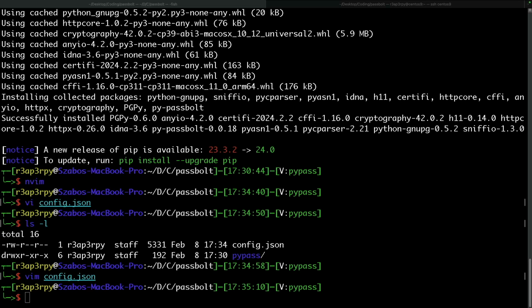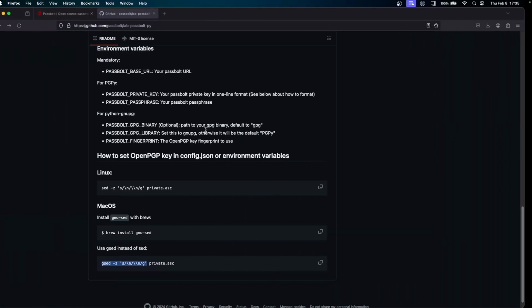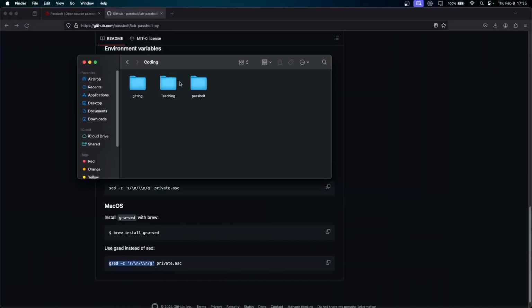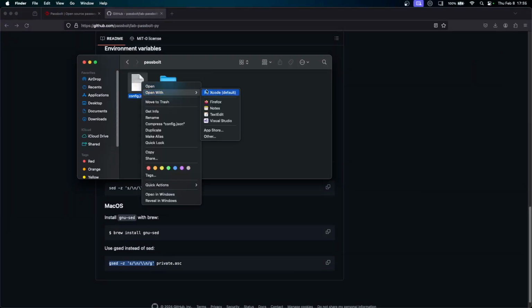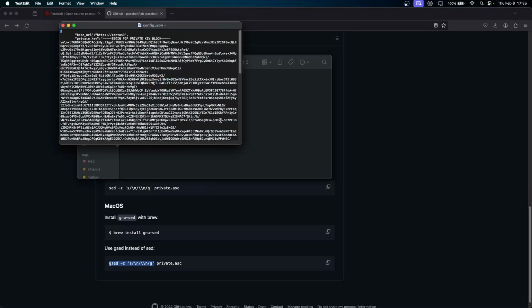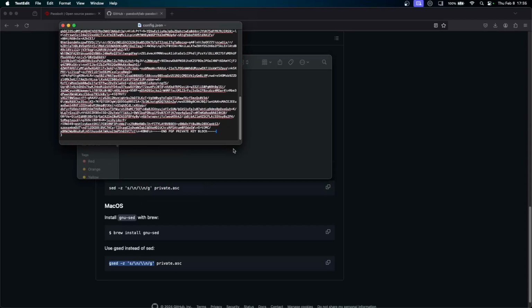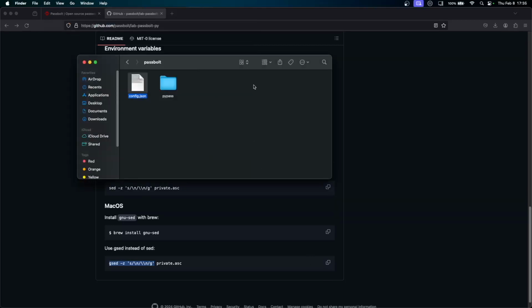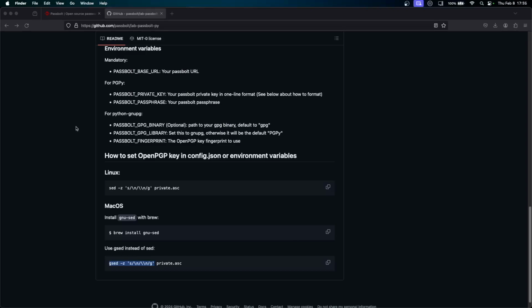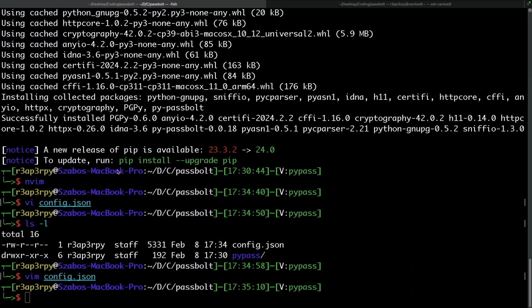So what I would like to do is to go ahead in my coding folder and let's do it this way. So we have the Passbolt folder, we have the config.json, and we have the text editor. And here, the only thing that I want to do is to put a quote here and save it. So now, if everything goes well, I should be able to open up the Python shell